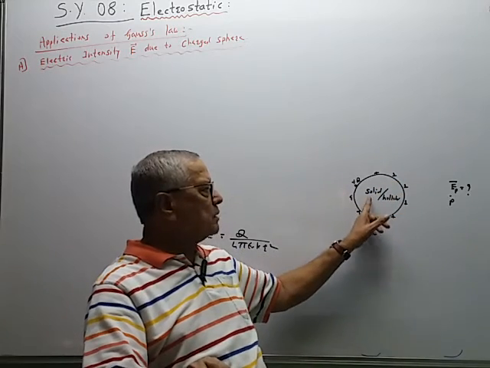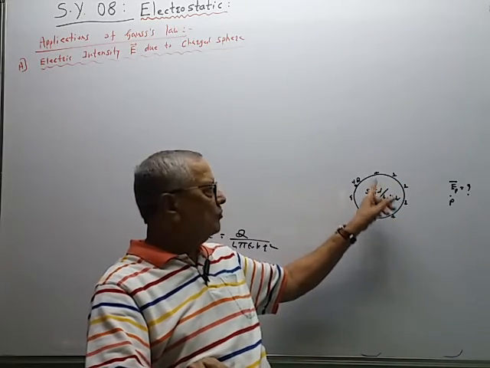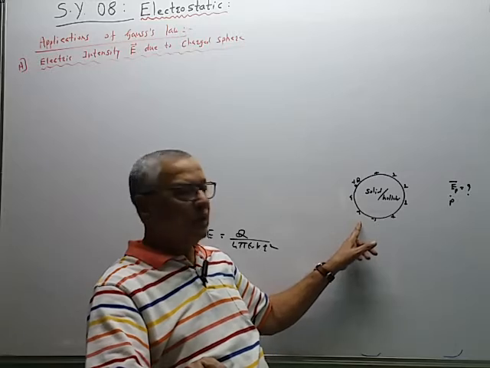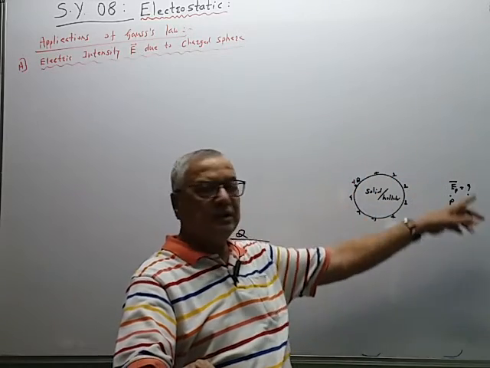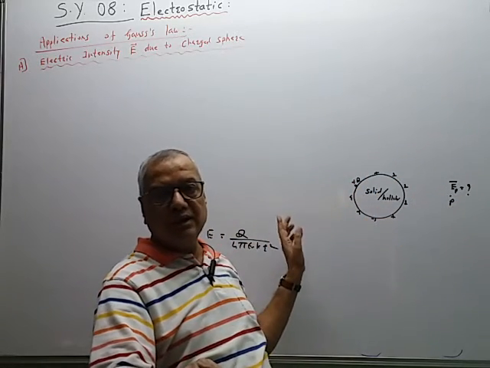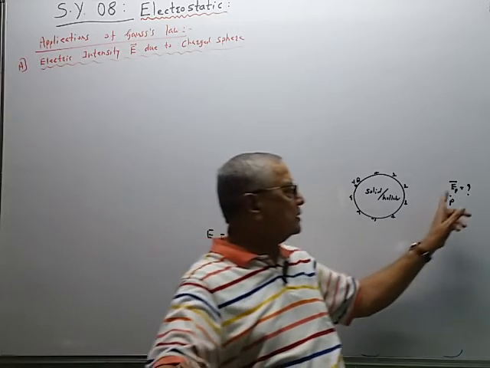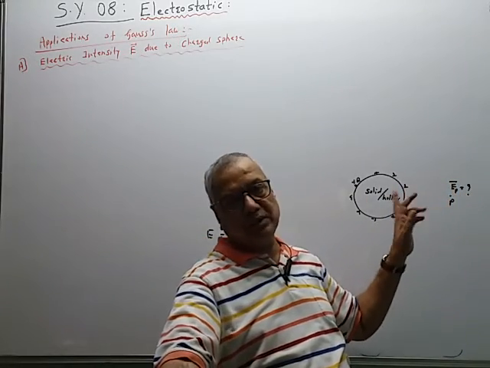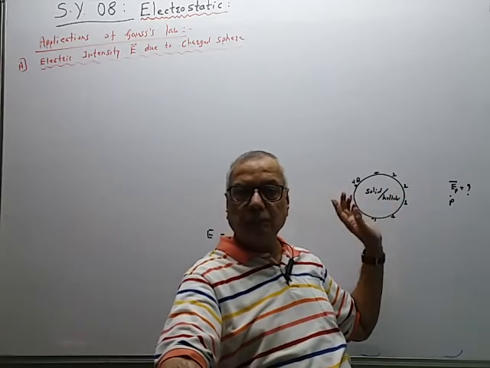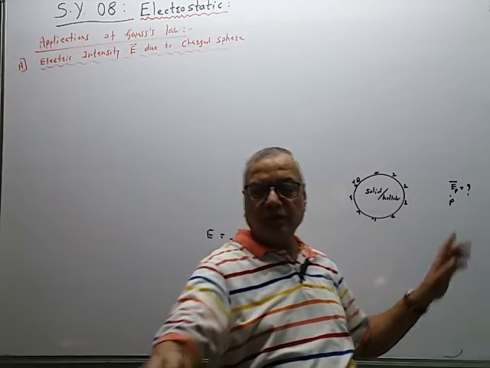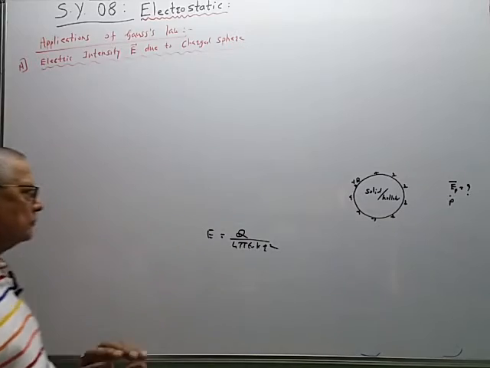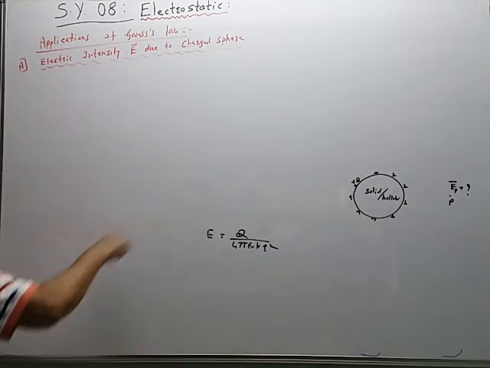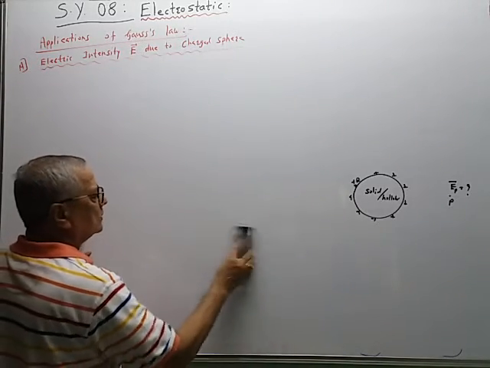Consider a sphere, may be solid, may be hollow, where the charges are given, and because of the charges, electric field is produced at every point in the surrounding region. So we have to find the magnitude and direction of the electric intensity at outside point P by using Gauss's theorem. So we are applying Gauss theorem. So we have to use this situation like this.